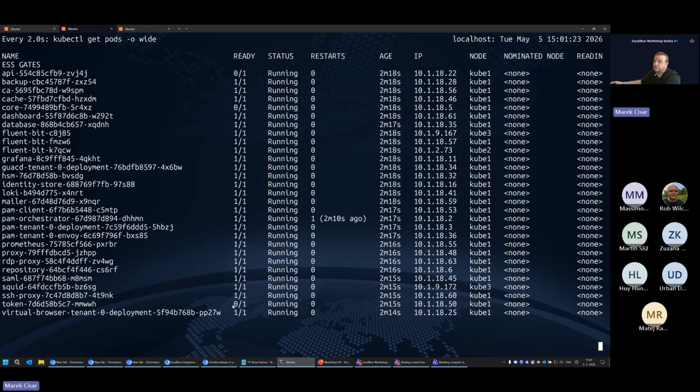It is running, but it is not available. So that means the probes I mentioned earlier are getting the information that the microservice is still not ready to perform or to get responses for requests. So during the installation, it may take a while, so we need to wait a little bit more.